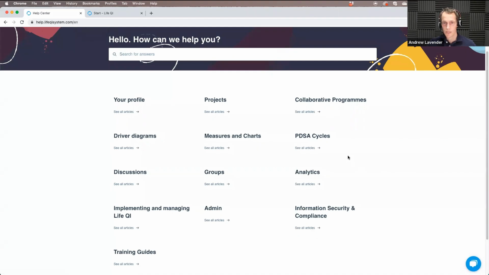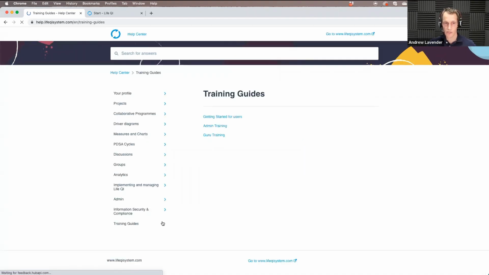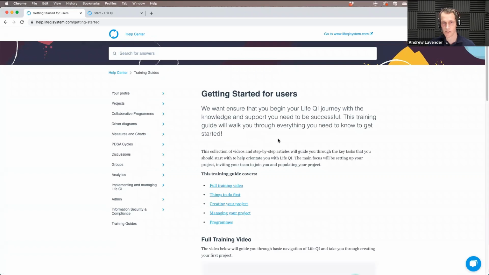Okay, so today we're really going to be working through one of the training guides. So just to point out where these are in the system. We've got a training guide here, Getting Started for Users. Essentially the session today, we're going to be working through some of this training information, but if you want to refer back to this, obviously you will get the video